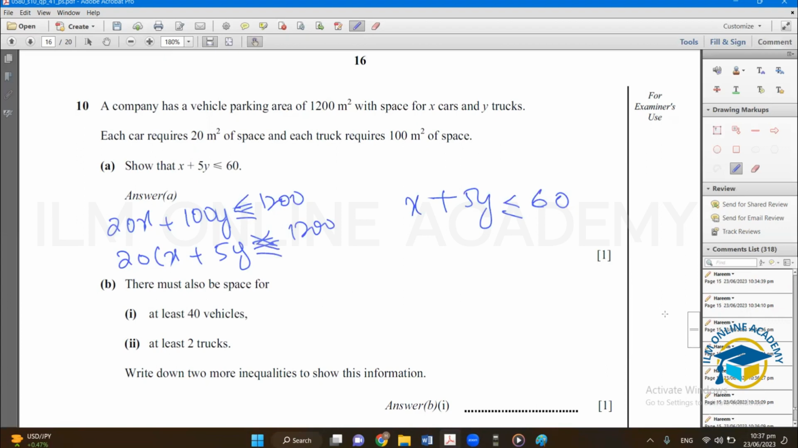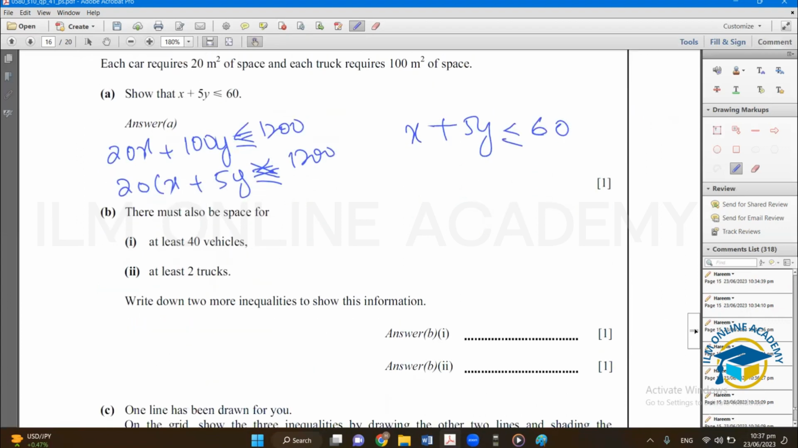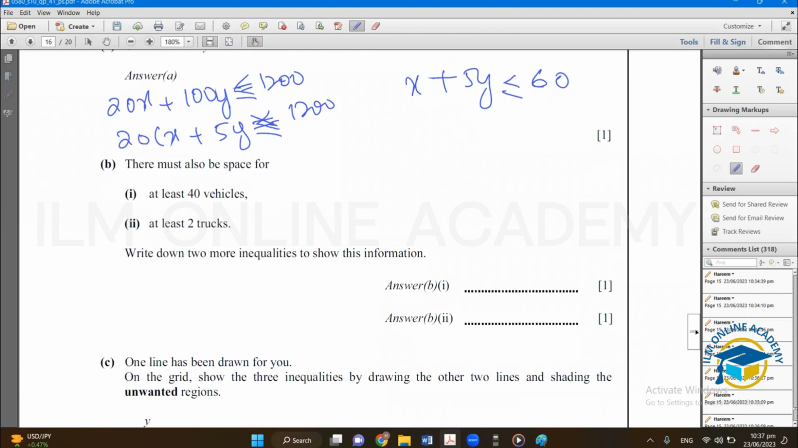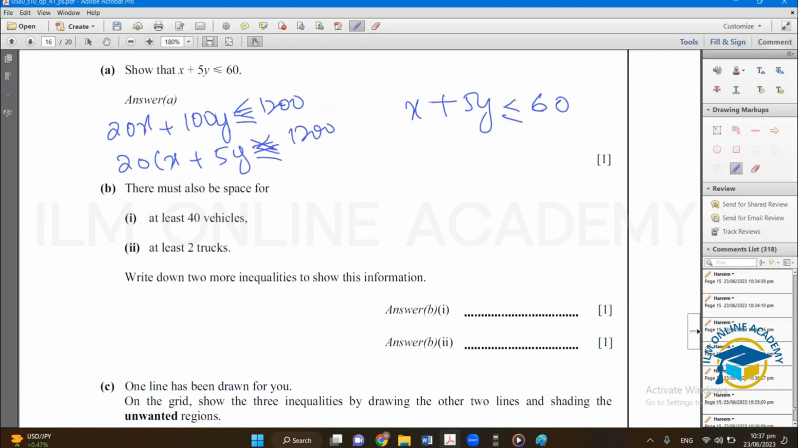Here's the sign. Simple. There must also be space for at least 40 vehicles, at least 2 trucks. So what they are saying is there should be a space of 40 vehicles, 2 trucks. So it means